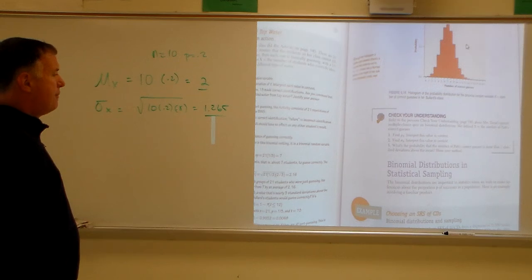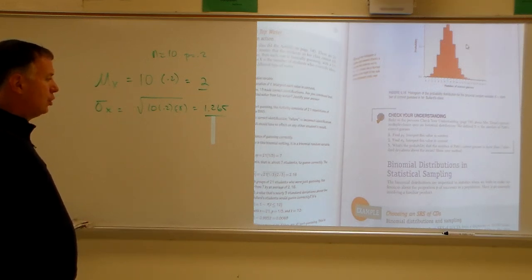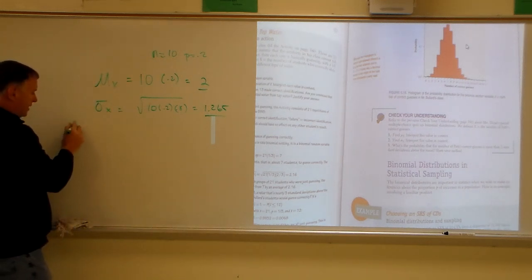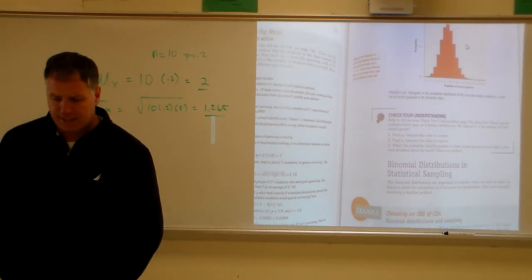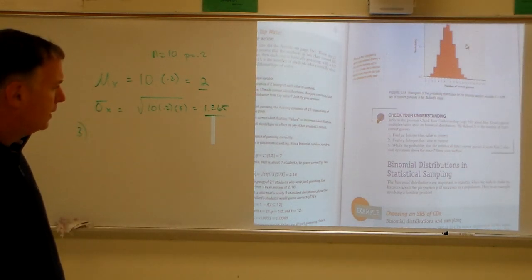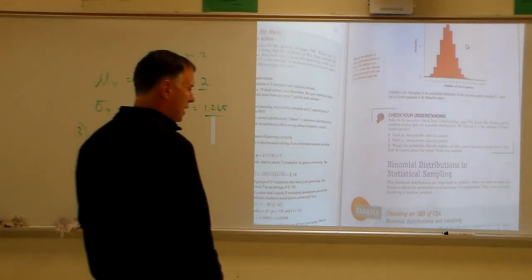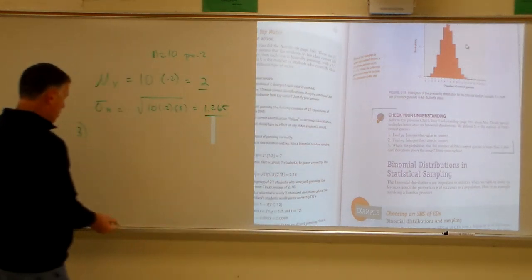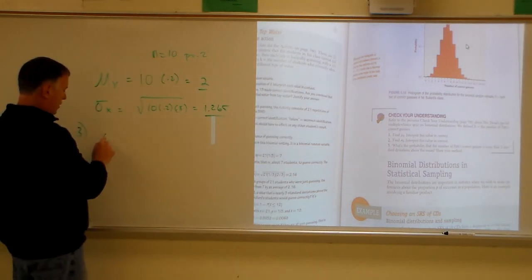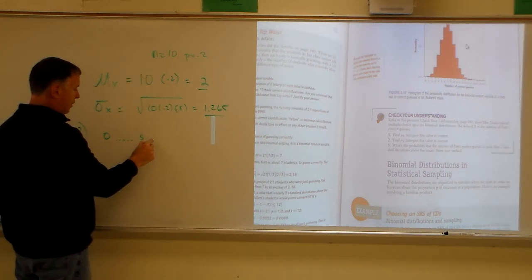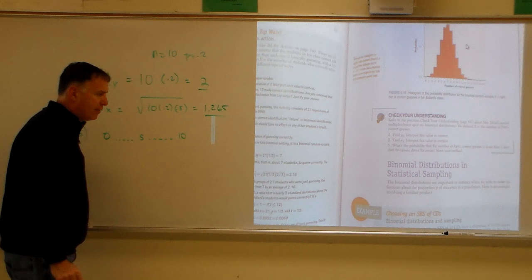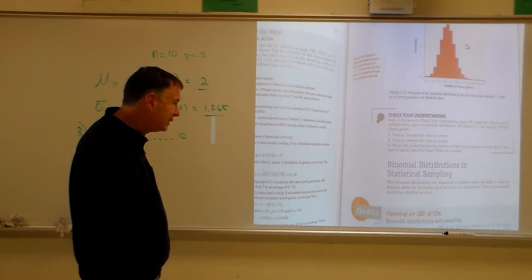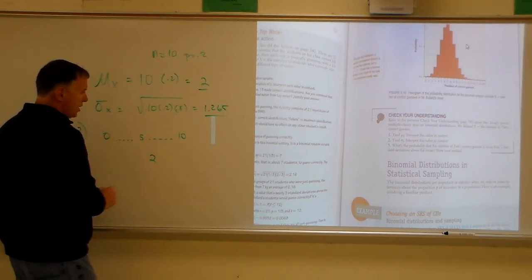What's the probability the number of Patty's correct guesses is more than 2 standard deviations above the mean? So that's a different question. That's an interesting question. I'm curious if you guys got that correct. So it's not more than 2 guesses. It's more than 2 standard deviations above the mean. So we have to find out what that is. So we're talking about this binomial distribution where you can get 0 right, you can get 5 right, you can get all 10 right. Now they said 2 standard deviations above the mean. Well, the mean was right here at 2. 1 standard deviation